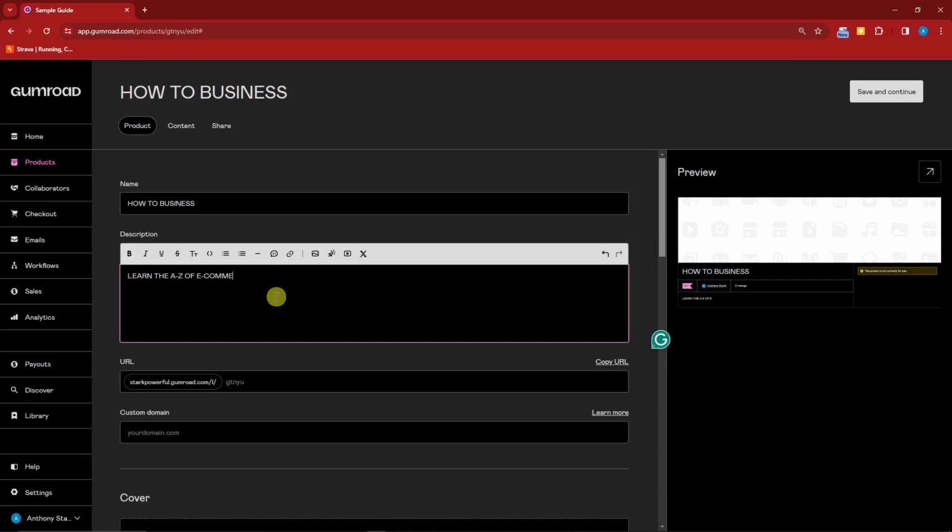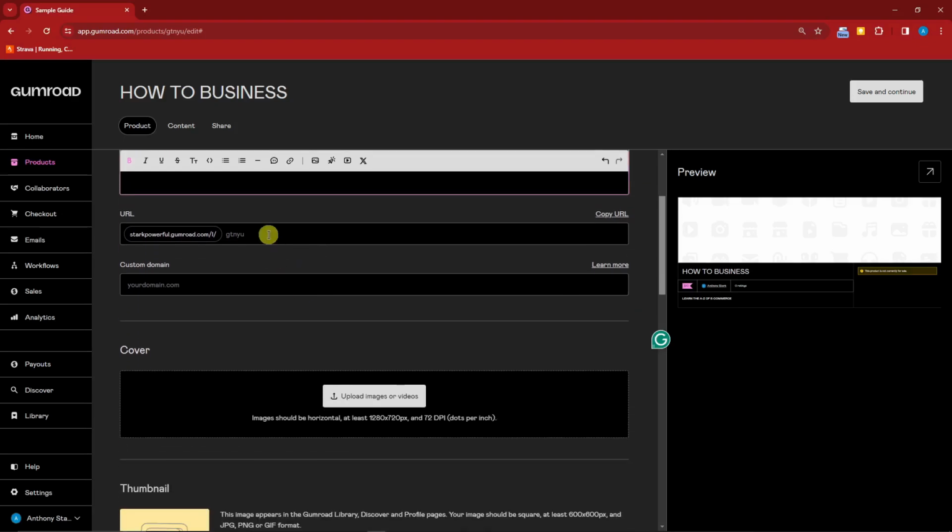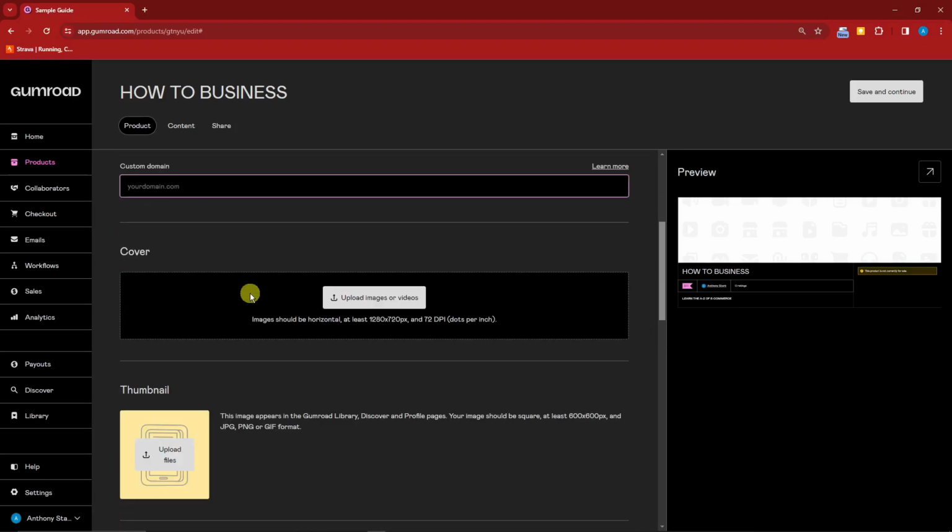This is just a sample description. Make sure you have some fun here. You can italicize, bold letters. You can change the style, headings, hyperlink, insert image right here, insert button, video of course, and tweet. This is also bulletized and numbered if you like, but for me, I'm satisfied with this one. You can add a URL, your custom domain of course, but for now,